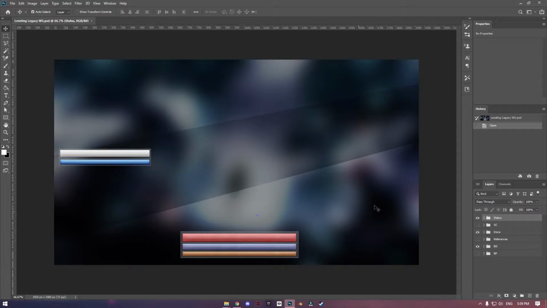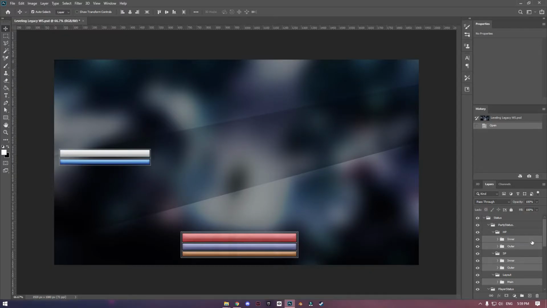So let's get started. First you want to go to your folder and grab what you want to save. I'm gonna grab this HP, the SP, and the layout, and I'm gonna grab those HP, SP, XP, and layout. I'm gonna select every single folder